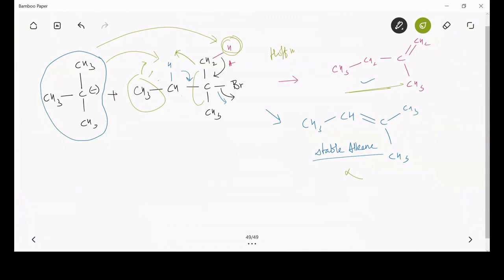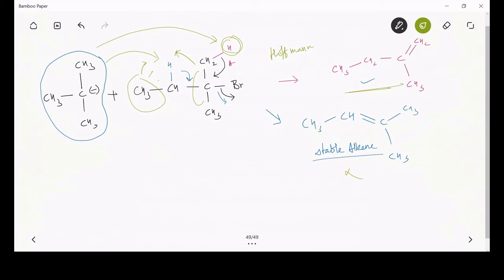So in the first case, where the base is not a very large base, a more stable alkene will form because the transition state, which also has the alkene characteristics, will be favored, and the rule which predicts the formation of that highly substituted alkene is called the Zaitsev rule,